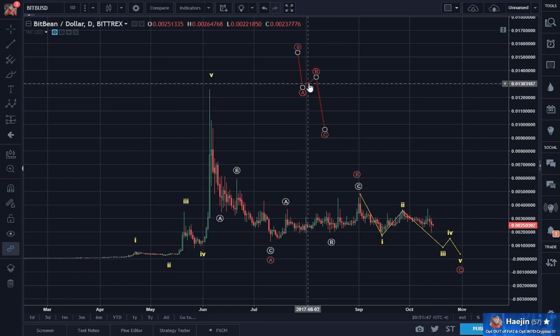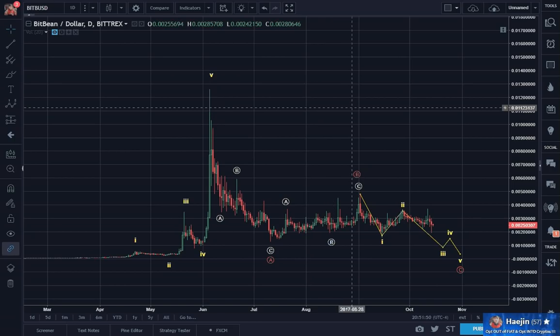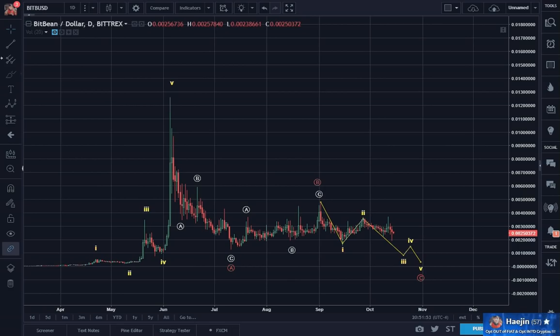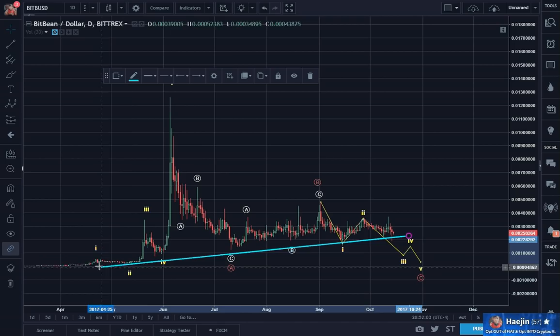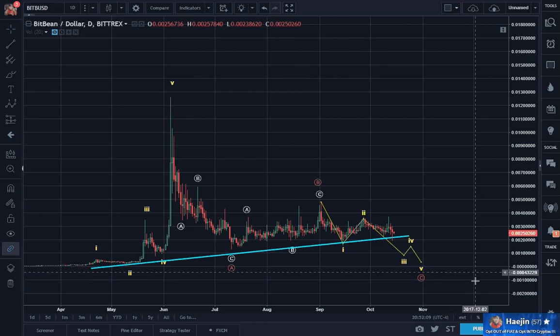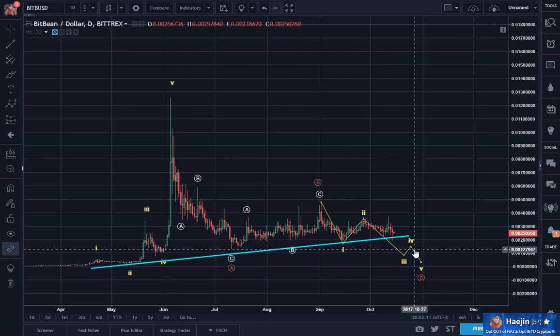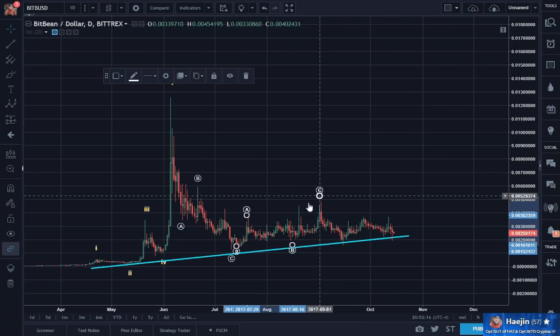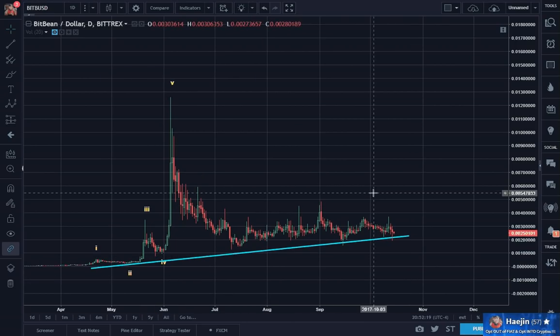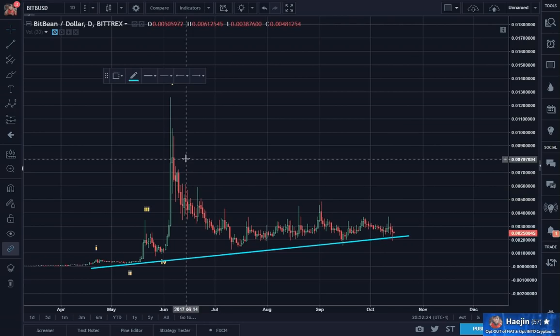Having said that, I mentioned earlier that I combine Elliott waves with chart patterns. So let's draw some lines. So here's a strong trend support, right on this line. Let's get rid of these for now. Let's just look at the trend lines for now, and look for a pattern.